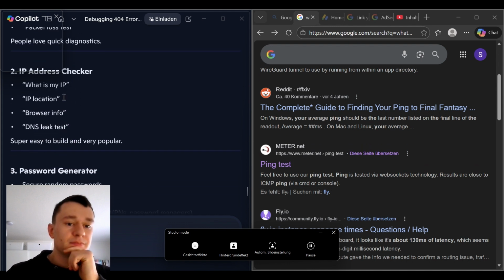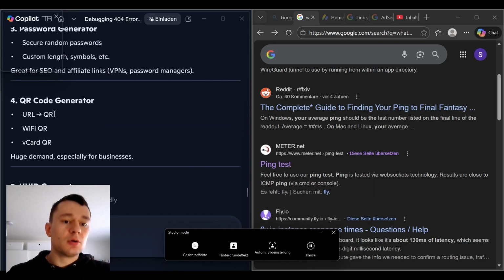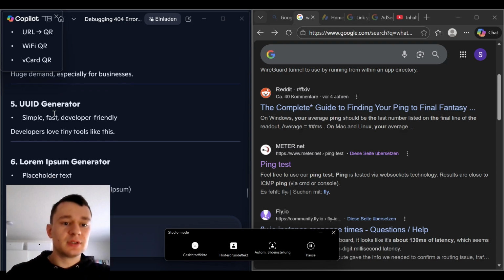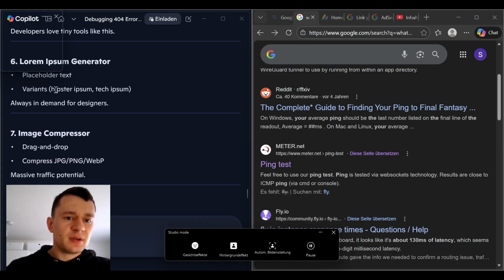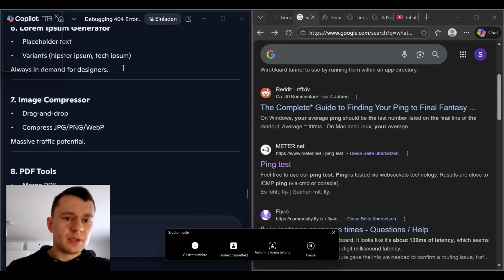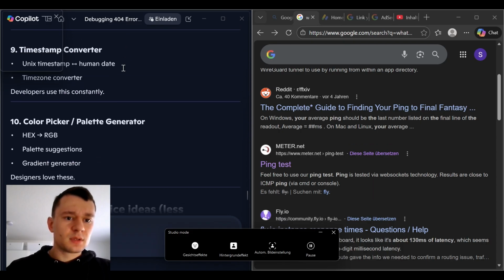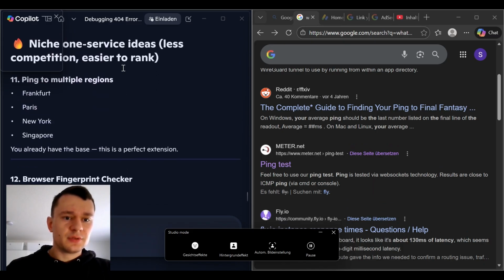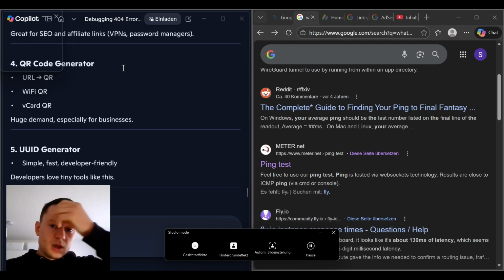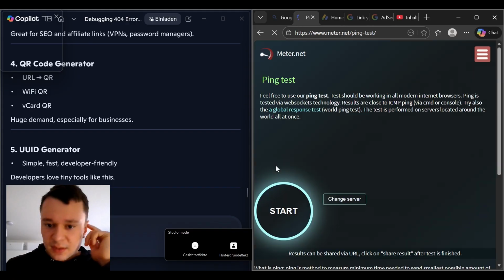IP checker, password generators, QR code generators, user interface generator, lorem ipsum generators, image compressors, yeah, different ideas. But a lot of these people, like this ping test website,